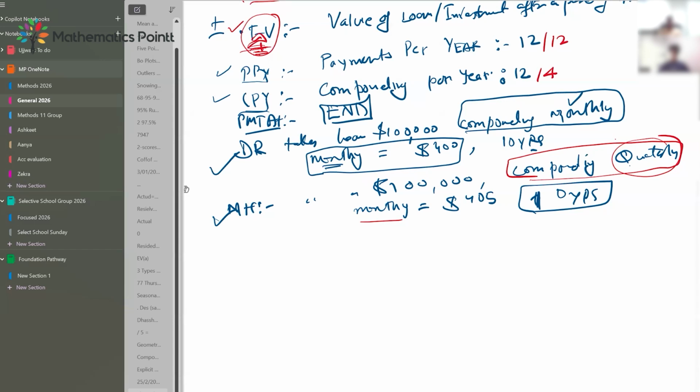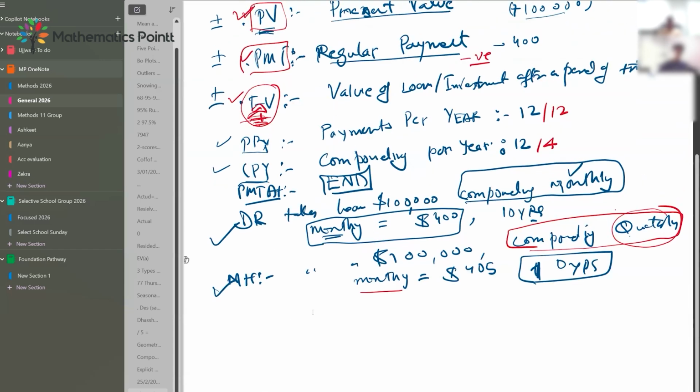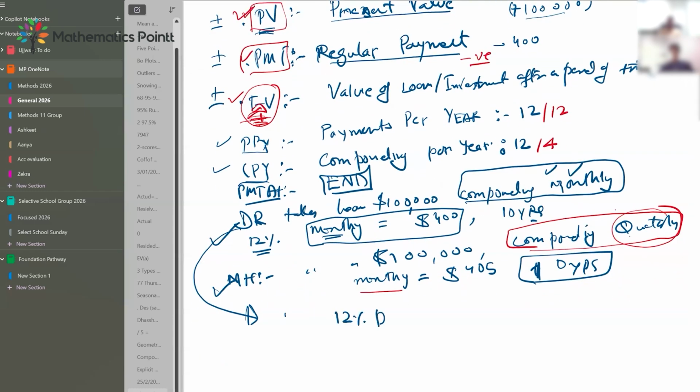Now there's a slight more twist in this scenario. Let's say Darshan's bank tells Darshan that we are going to apply the interest. Let's say both of them are given a 12% per annum interest rate. But Darshan's bank tells Darshan that we are going to apply the interest after the end of the month. So Darshan is doing monthly payments, compounding monthly, and he's at 12% per annum, which means how much is Darshan's